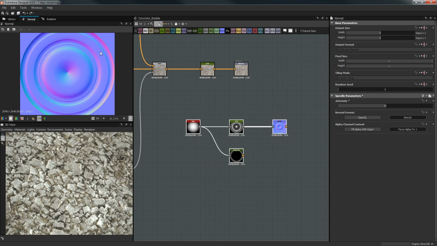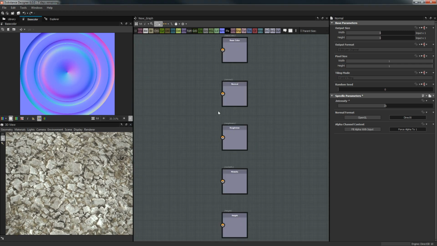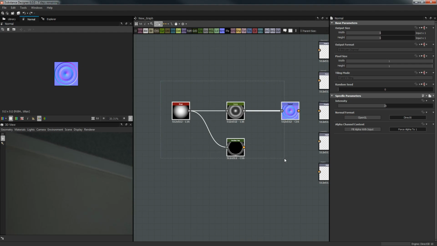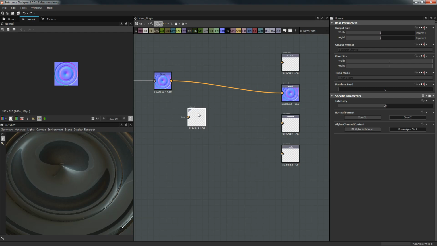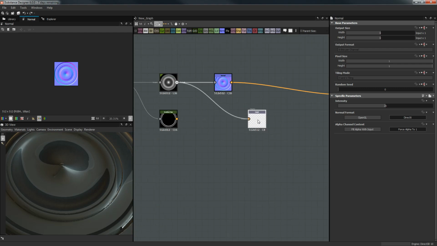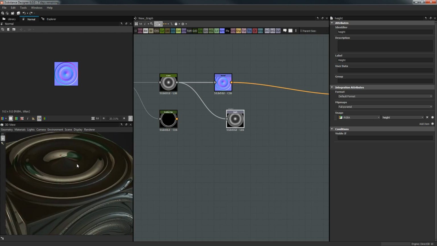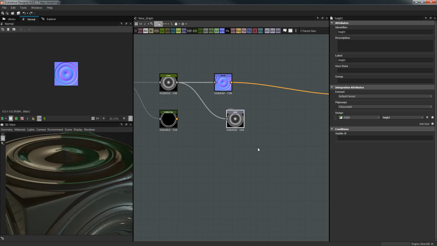So yeah, let's make another one. Whatever, we do not care. And let's copy paste. And let's output the normal, and let's output the height. Okay, and you can see the nice profile you can get on your shapes